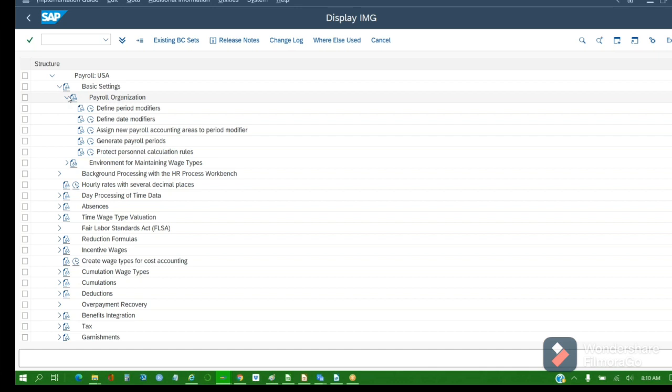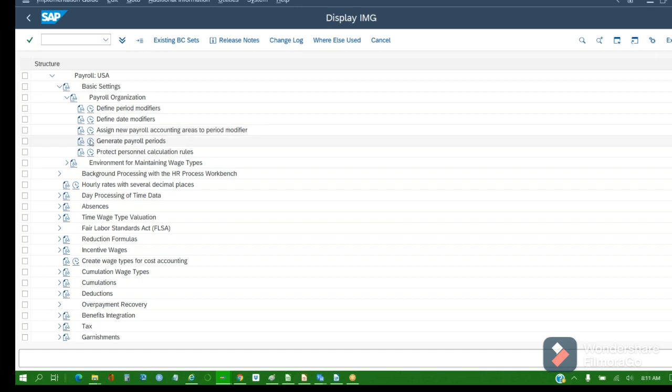Under payroll organization, they have given period modifier, define date modifier, assign new payroll accounting area to the period, assigning your payroll areas to the period modifier, and generate payroll periods.